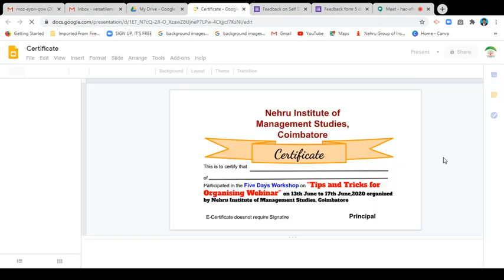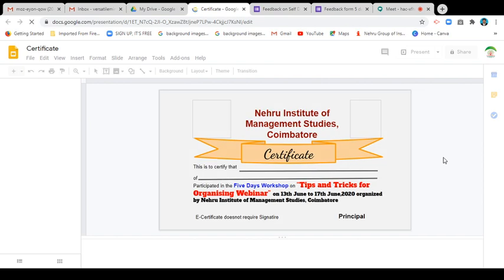So this is the certificate we designed yesterday. We can download it in image format and paste it into Microsoft Word, not Google. Then within a fraction of a second we can generate 100 or 200 or 300.